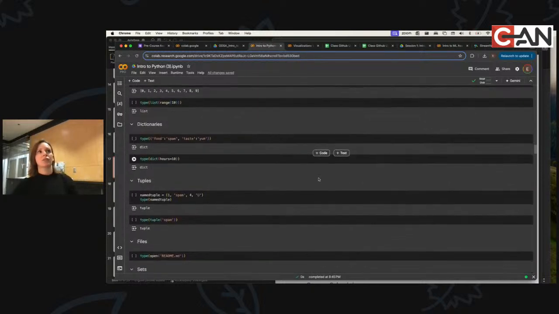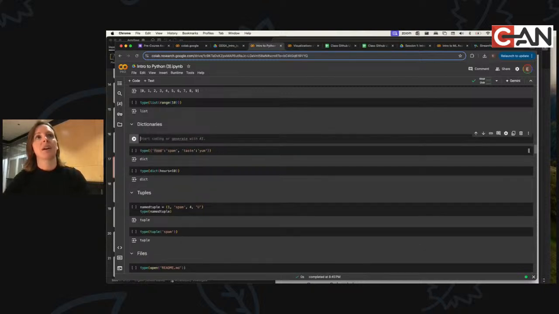Another thing which I won't touch on too heavily here, it's probably useful for you to know, but you could probably get away with learning it on the fly, is something called a dictionary. It is something that some people refer to as key value pairs.